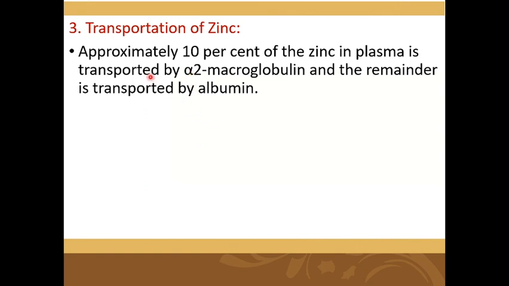Transportation of zinc. Approximately 10% of the zinc in the plasma is transported by alpha-2 macroglobulin, and the remainder is transported by the